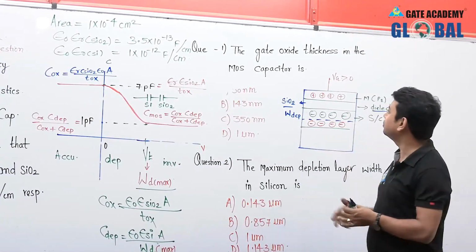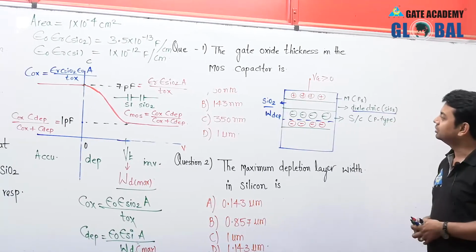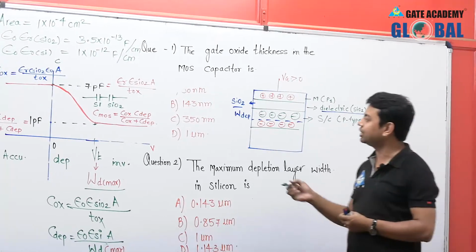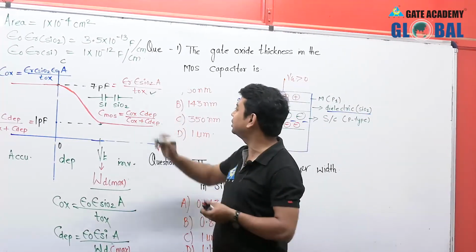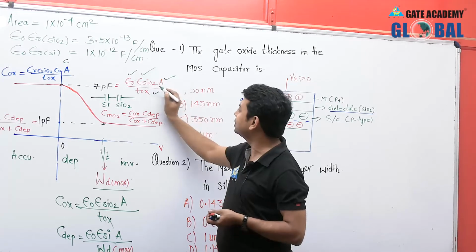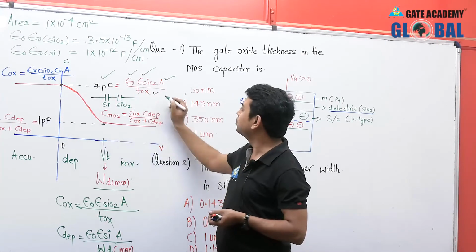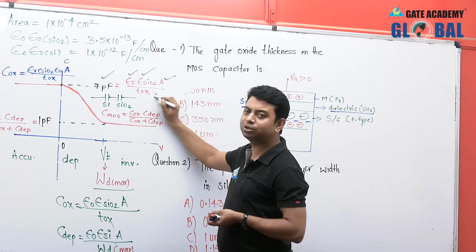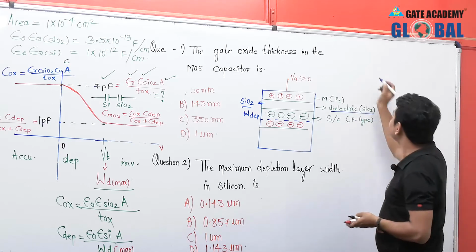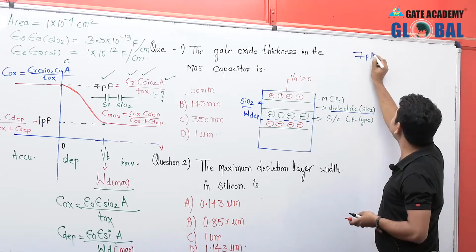Now come to question number 1. This is a very easy one. The gate oxide thickness in the MOS capacitor is, that means we have to find out this gate oxide thickness. We know what the area is, we know what epsilon r is, we know it is silicon dioxide. So the only thing is that we have to find this part. So this will be very easy. Write down the formula. We have 7 picofarad here,